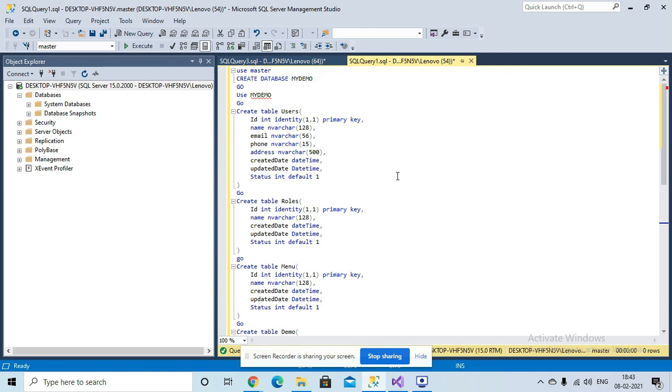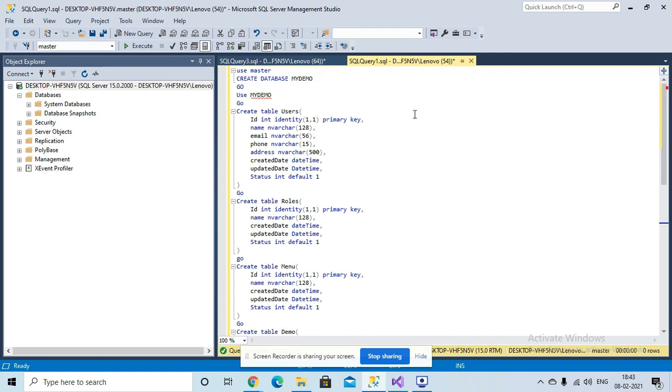I have created a tool that basically helps you create an auto-generated solution, an auto-generated API for a .NET Core application. You just need to connect to your database, and once you have connected, you are able to generate automated code for your table's CRUD operation and the API as well.